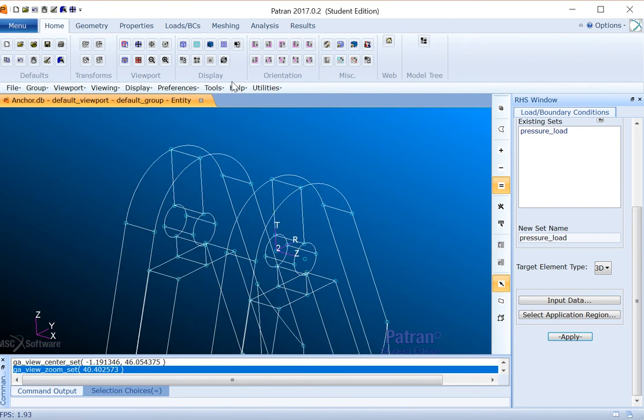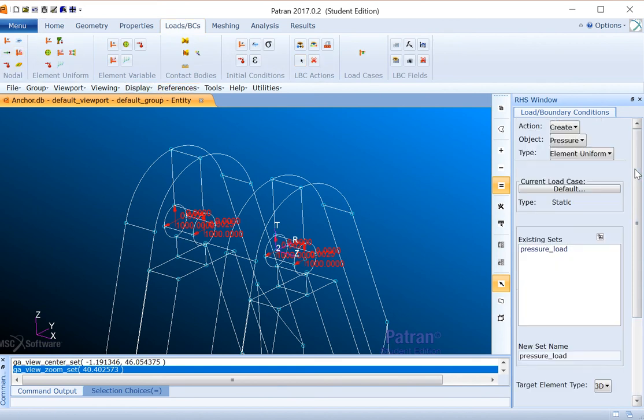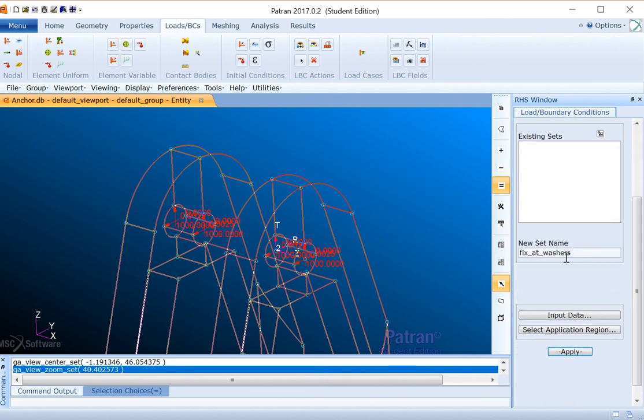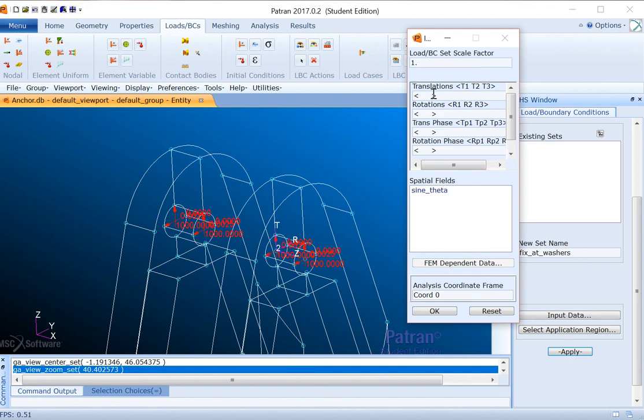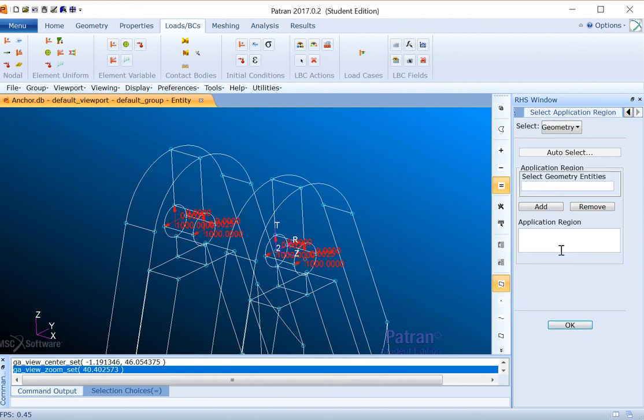Now we'll do the constraints, so we'll go back to load BCs and then we'll go to create an object displacement, and the type will be nodal. So the new set name is fixed at washers, and input data. In translations we'll enter 0 0 0 and we'll click OK,